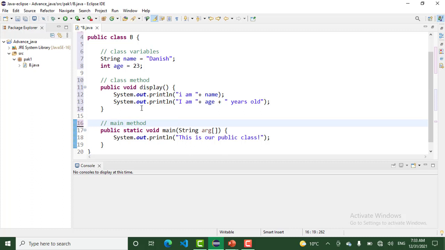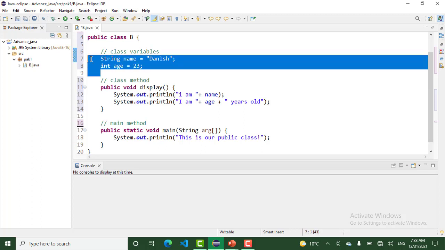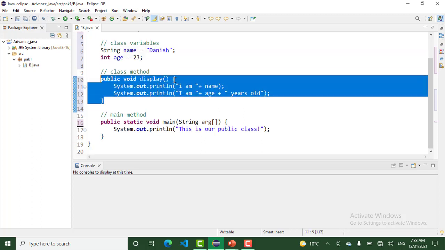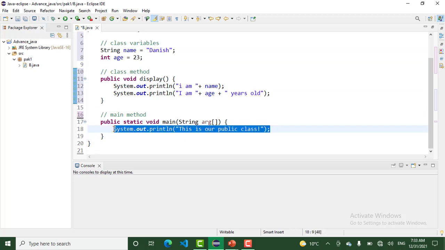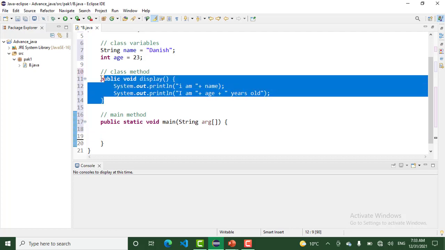This is the main method. I declare two variables, name and age, in this class. This is a class variable and this is a class method. After that, that is our main method. How to access these class methods and